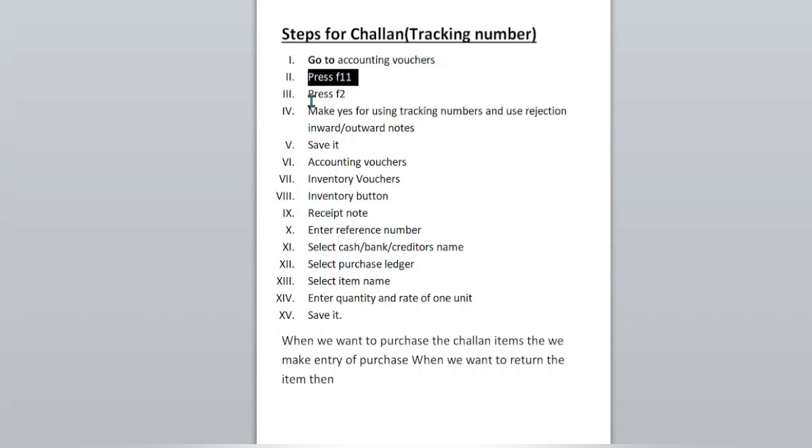and press F2. Make yes for using tracking number and use rejection inward, rejection outward notes, and save it, and then we click on accounting vouchers,